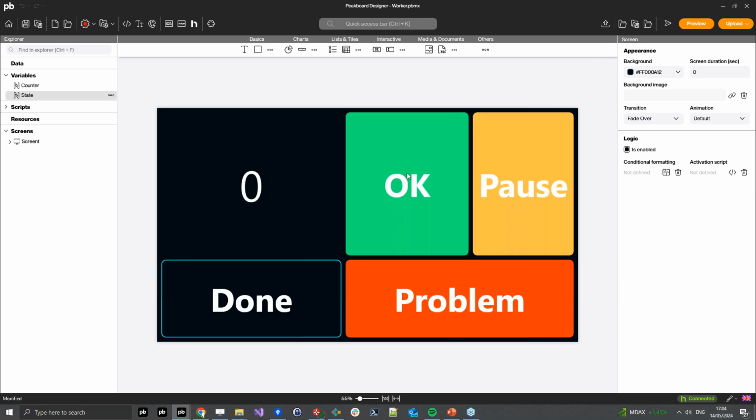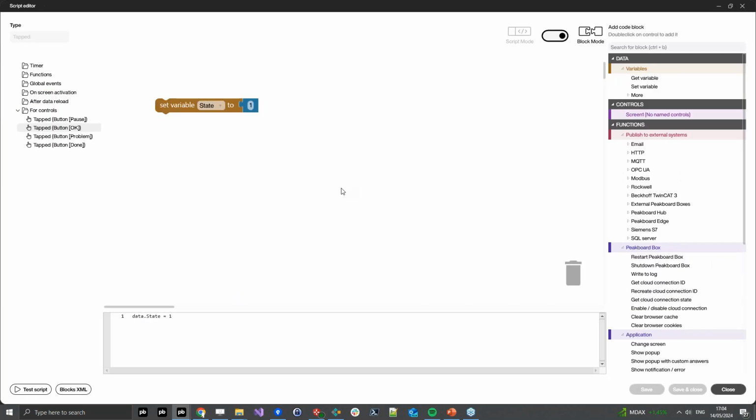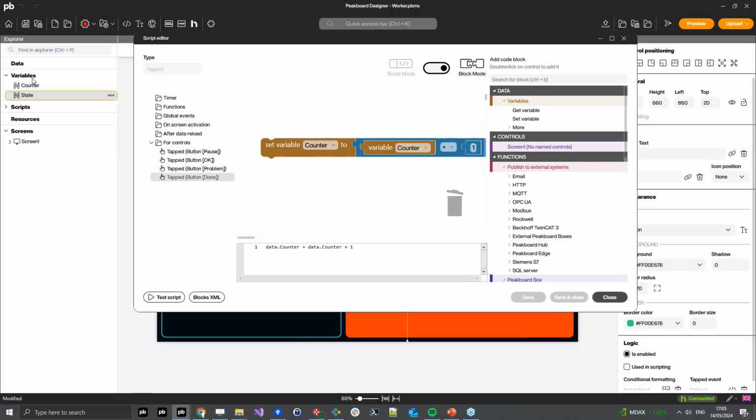And when we step into such a button, so here we have 4 buttons, let's step into one of those buttons to see what the logic behind it looks like. And you see it's pretty simple. We just set the variable state to 1 for OK, or we set it to 3 for the problem. And then we also have this button for done. Let's go into that one. In that case, we just set this counter variable here on the left side, and we just count